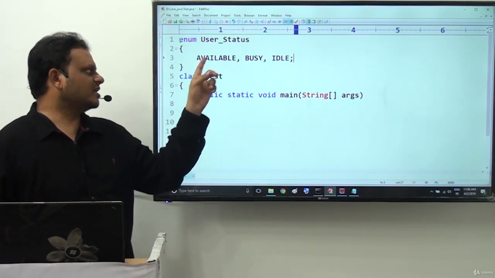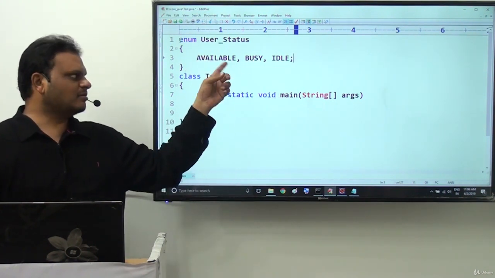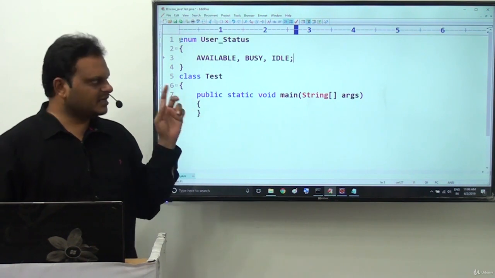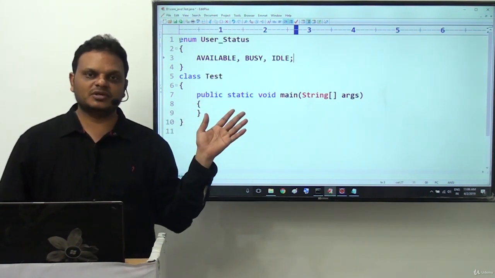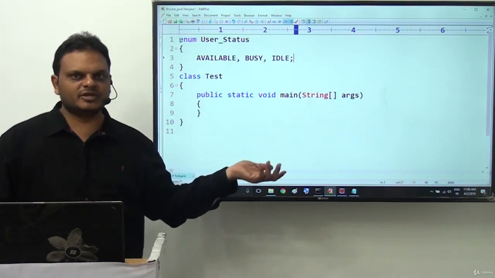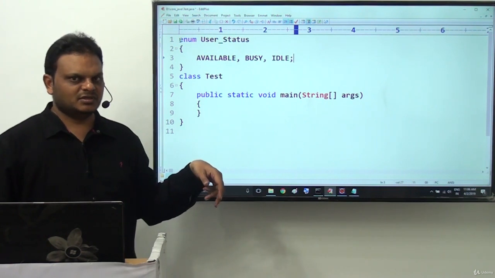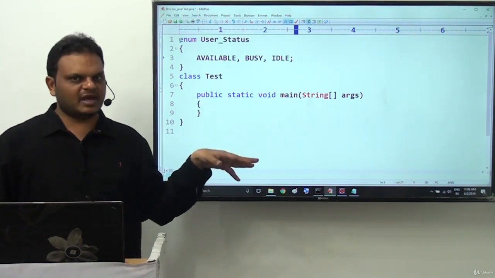Internally, UserStatus available, UserStatus busy, UserStatus idle, like this for each and every one. And all these constant variables are named constants only. If you access these constant variables, automatically their names are going to be displayed instead of their values.